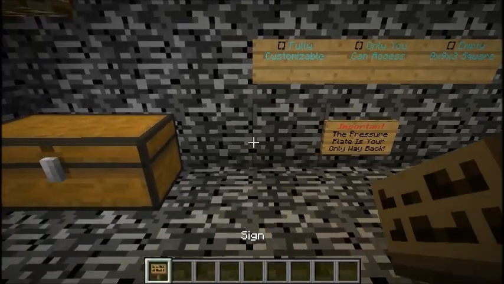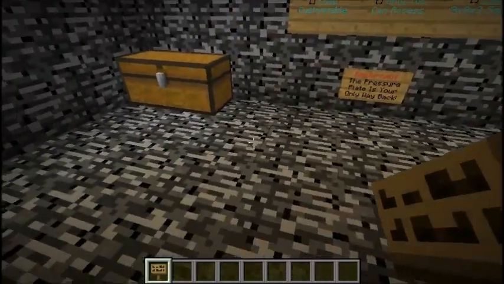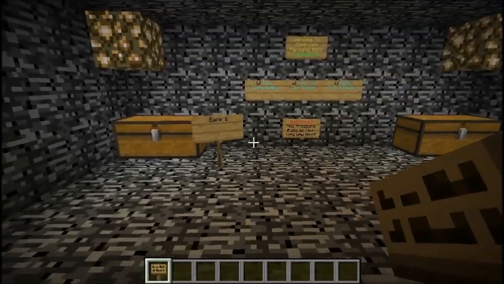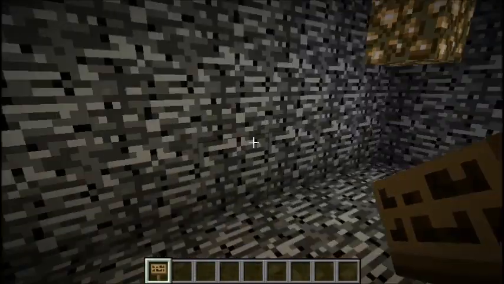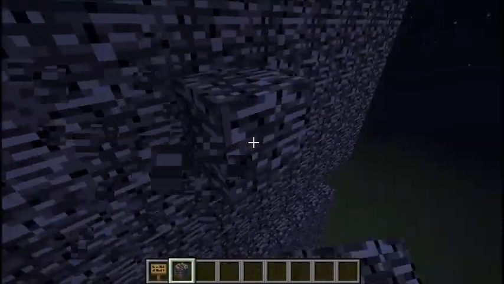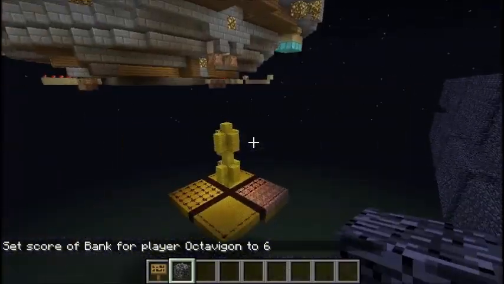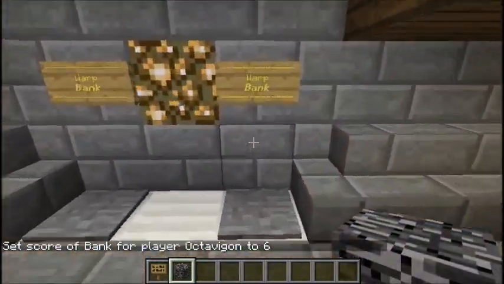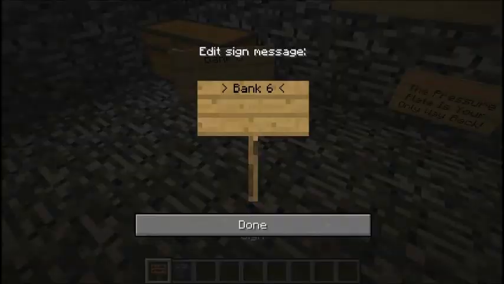And then what can happen is I'll do something to customize this. I'll just say bank 1. Okay, so that's how we know that we've already been here. I don't have the return back yet because that is still a feature I'm going to be working on. But then say I set my bank score to, let's set it to 6. So then if I come back on up here and I come down here, step on it again, it will teleport me to 6. So I'll just write bank 6 down here,